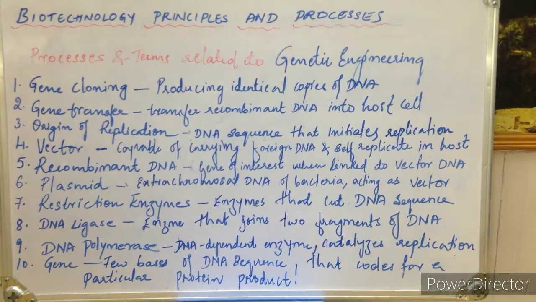Now how are you going to construct a DNA chain? It is by adding the nucleotide bases, which is performed by the DNA polymerase enzyme. It is a DNA dependent enzyme and is going to form the DNA chain. Okay, it is an enzyme in the host organism which carries out the replication of the recombinant DNA in the host cell. Right?